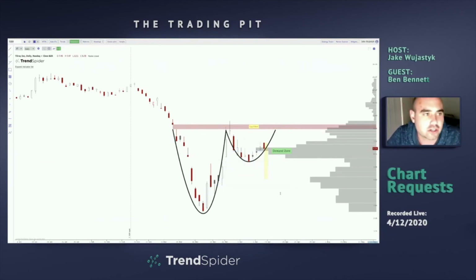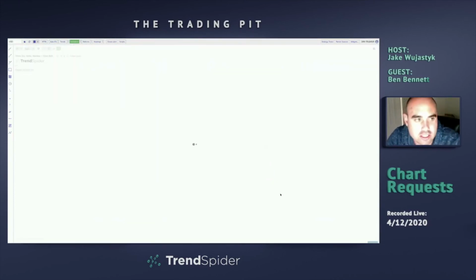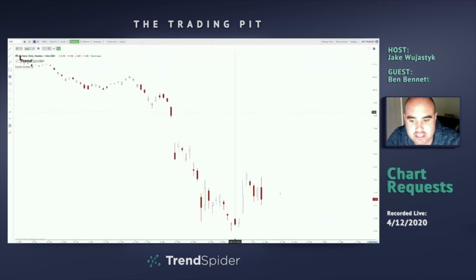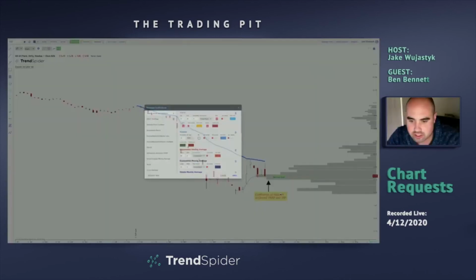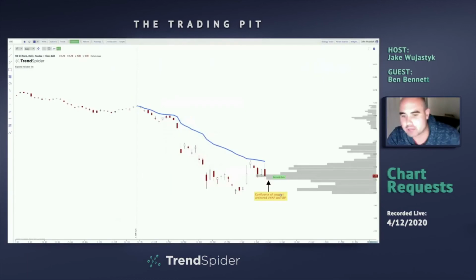What I do want to mention here is USO as well. I did mention that if we had time, I'd try to add this to the list because this is really important. Remember what we were looking at on the Qs, right? Remember we had the anchored VWAP, and then we had all of that volume holding as a demand zone. So this is literally pretty much exactly what we had on the Qs about a week ago. We had these 3 candles holding the anchored VWAP. We had all of this demand zone. So it will be interesting to see if we bounce hard off this confluence of anchored VWAP and anchored volume by price, point of control.